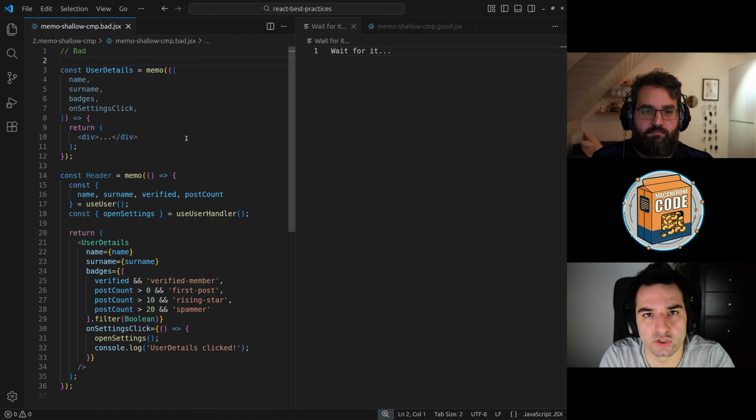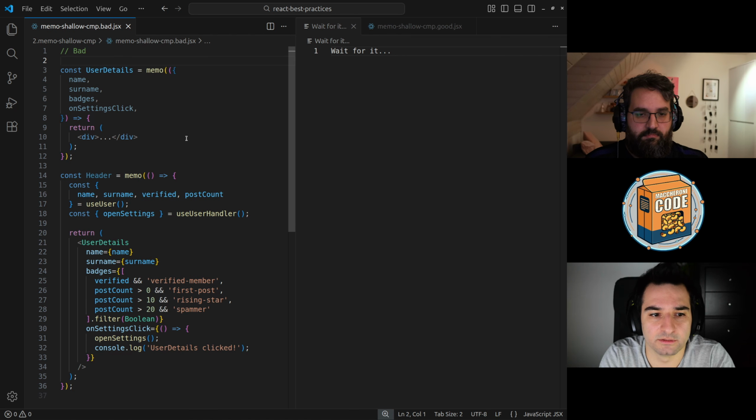But things change a bit when you have a more complex type. For example, if you have an object or a function, the comparison is made by reference. So if you have a new prop and an old prop that have different references, but the content of the object is the same, they are not equal because you have different references. So it's really simple. But if you know that, you can understand all the optimization.